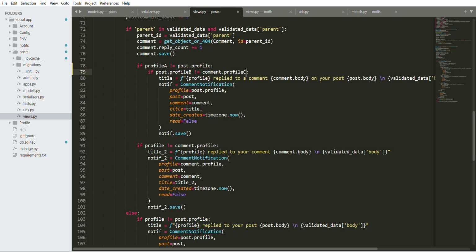Even in the situation where the person that made the post and the person that made the comment are the same person, we would just nullify this, but we'll just come down here and tell them that, okay, your comment has been replied to. We don't need to tell them that your comment under your post has been replied to. That doesn't make any sense. So, capisce. And then we come down here, if profile not equals to comment or profile, the comment that